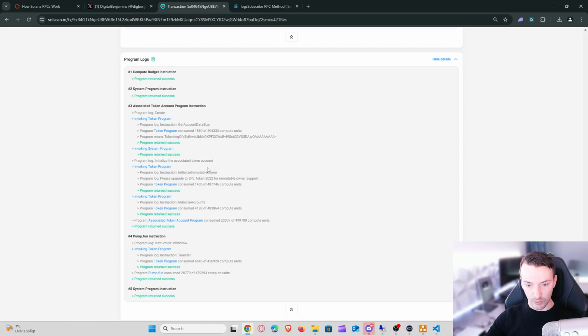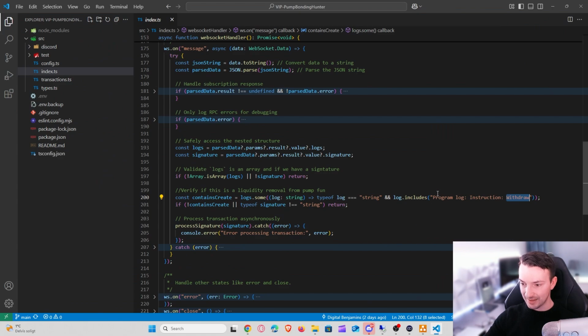There is an instruction here that says program log, instruction, withdraw. So if we return logs from this program and it has this statement in it, we know that it is a remove liquidity signature or transaction, and that's the one we want to work with further on. If it's not an instruction withdraw signature, we just let it go, we return, we do